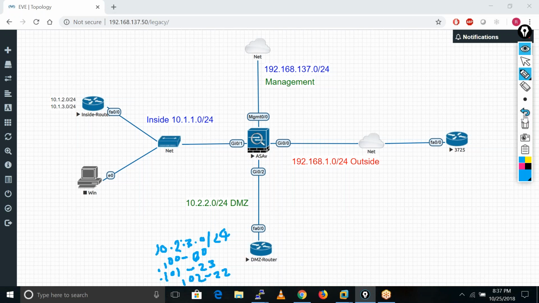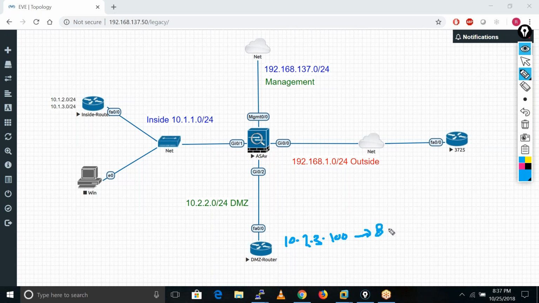Okay, so let me write it in a right way here. Let's suppose I have 10.2.3.100 running the service 80. I also have 10.2.4.100. I am just changing the IP address, on port number 23.